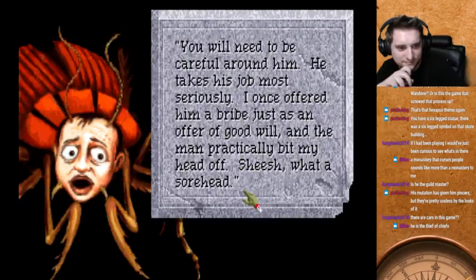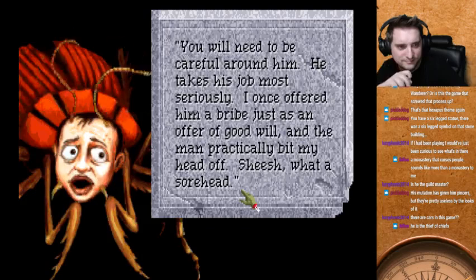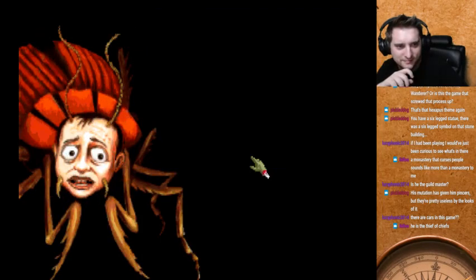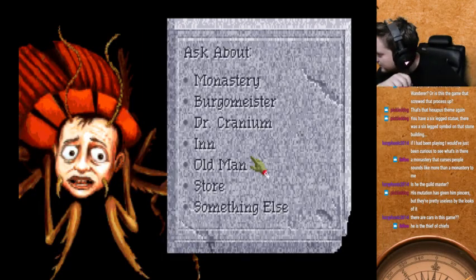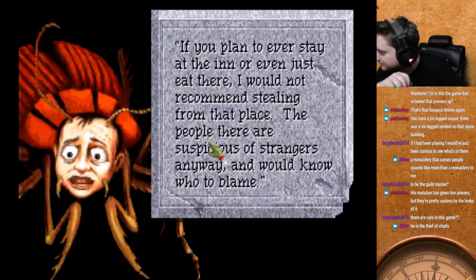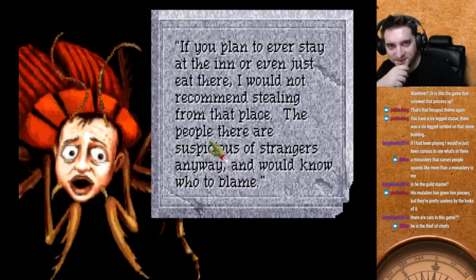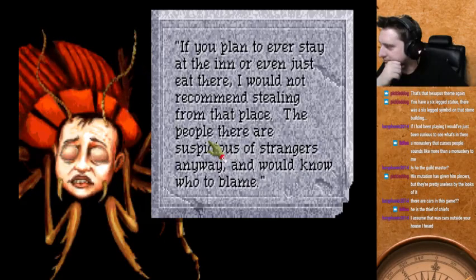You will need to be careful around him. He takes his job most seriously. A strange man. He's the chief thief. He is. If you ever plan to stay at the inn or even just eat there, I would not recommend stealing from that place. The people there are suspicious of strangers anyway and would know who to...